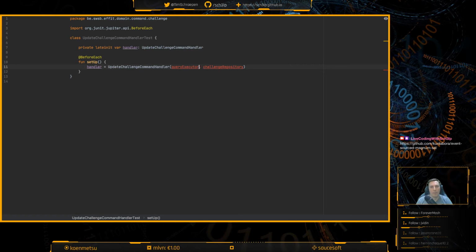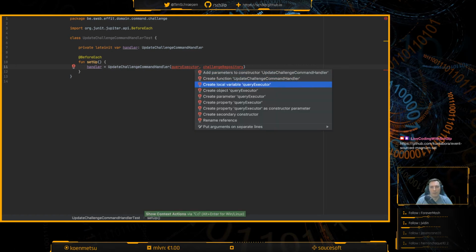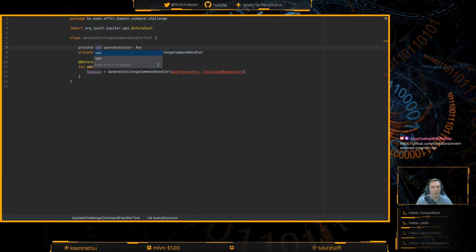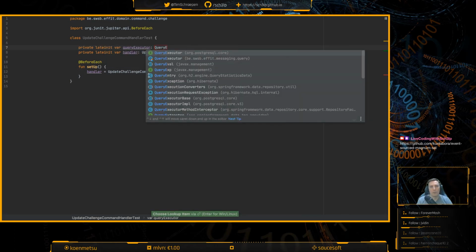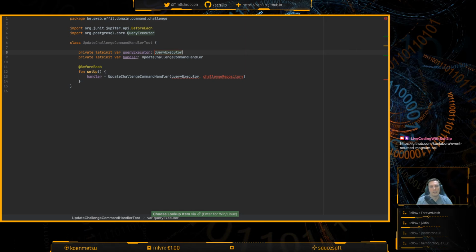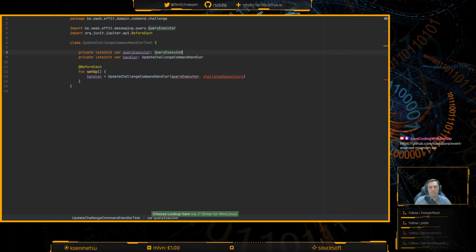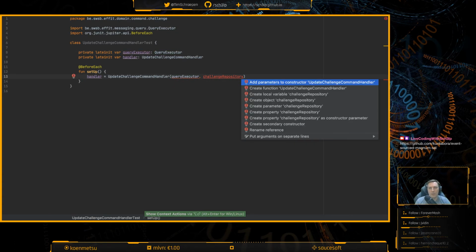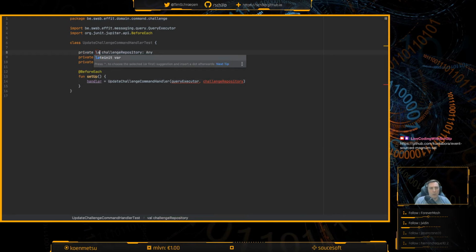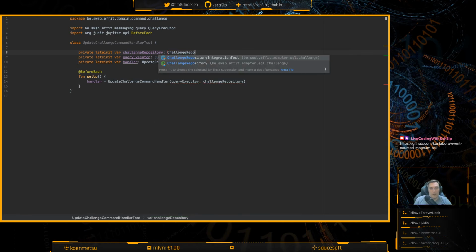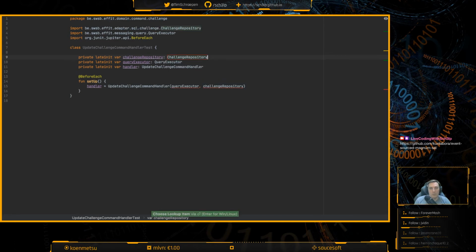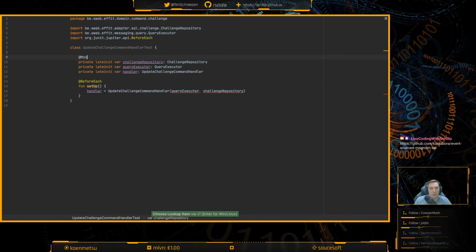Yeah. This is this thing, late init var. It's a query executor. Wrong. It's this one. And then this thing as well. Repository. Yeah. And then mock.